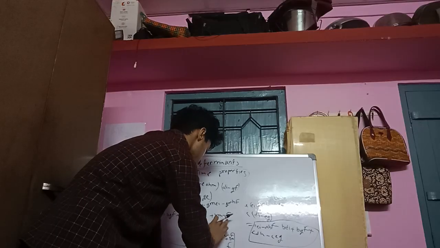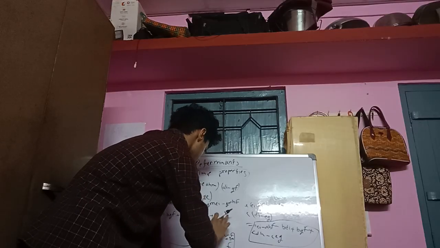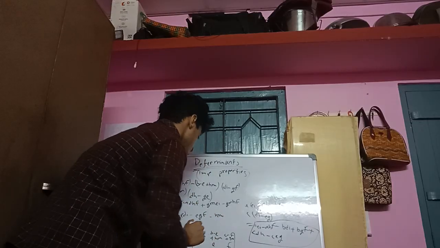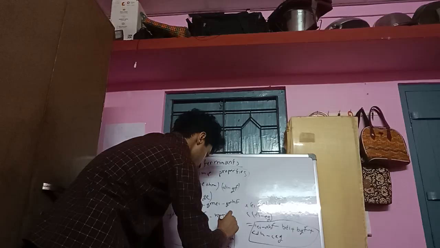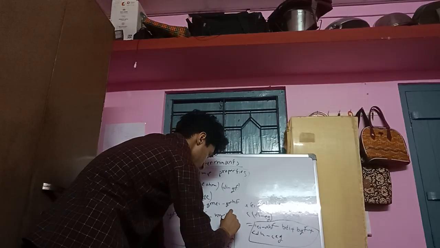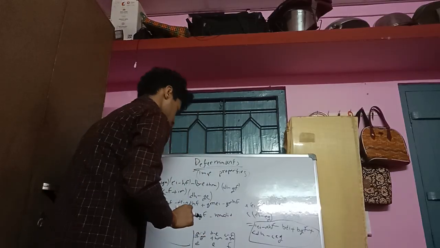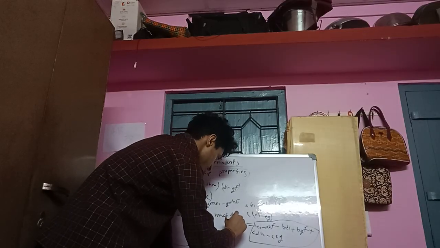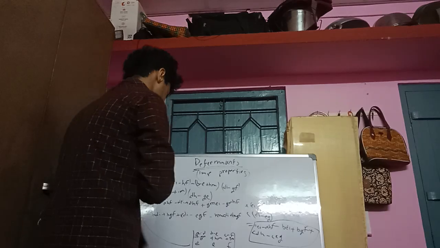Actually, there will be an HMDI part of this one with a minus sign in front. So minus HMDI plus HMGF. Okay,